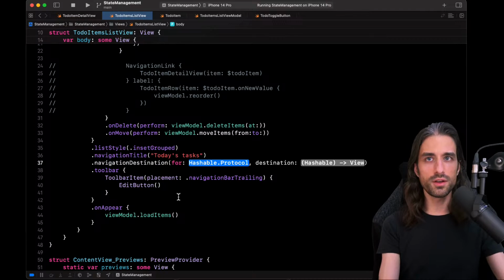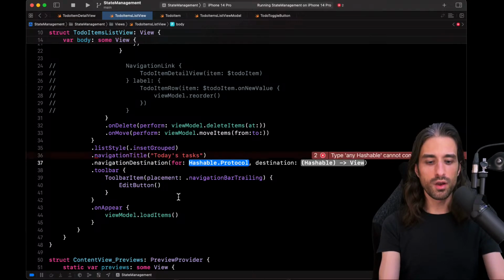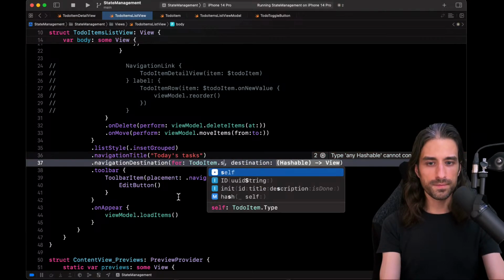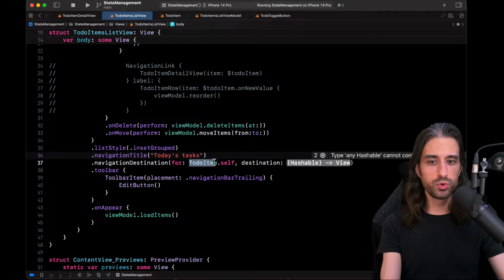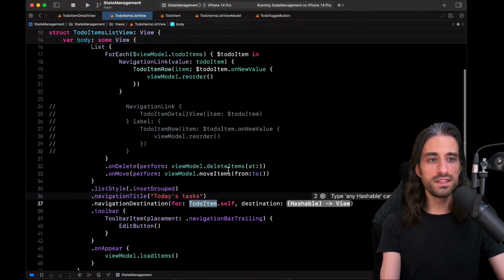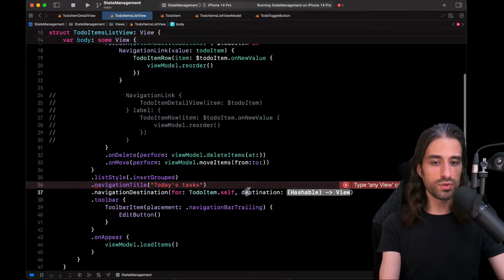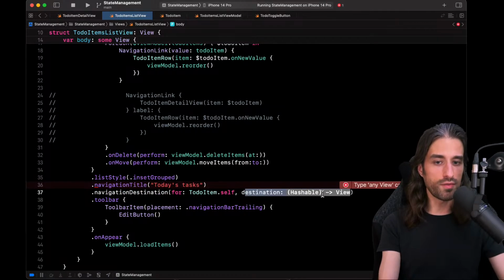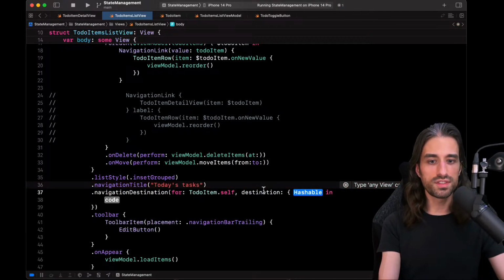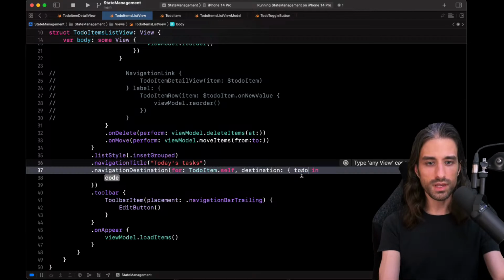Here I need to provide a type. It means when a value of type to-do item is being sent to NavigationStack through a NavigationLink, then I want to navigate to that destination, which I will provide through the closure, that is the second argument. So I get a to-do item as an argument like that.